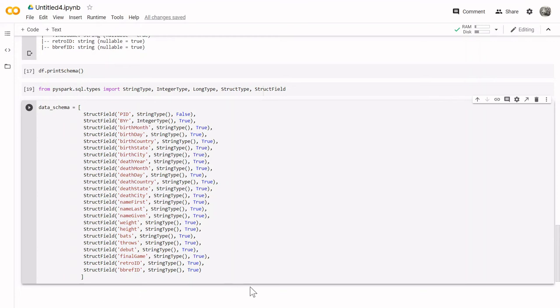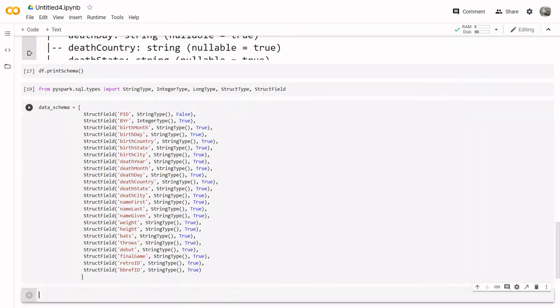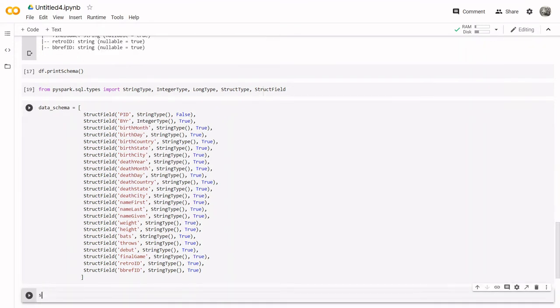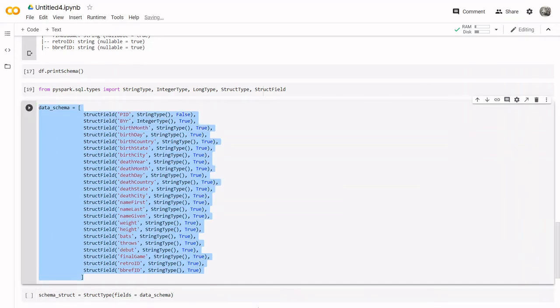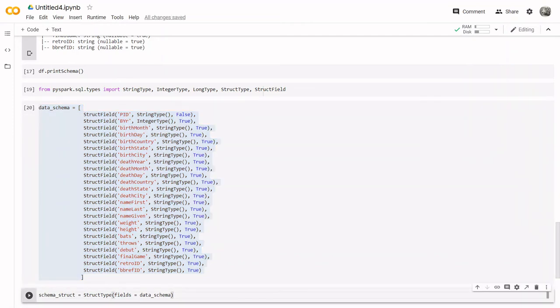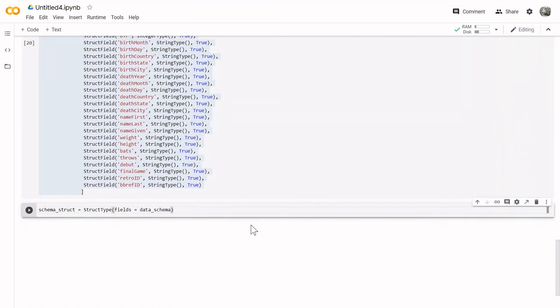Now, after the data schema is defined, what I'm going to do is specify the schema, StructType, fields equal to data schema. So what I'm doing is creating a structure type, the schema struct, by using the fields defined over here. And finally,